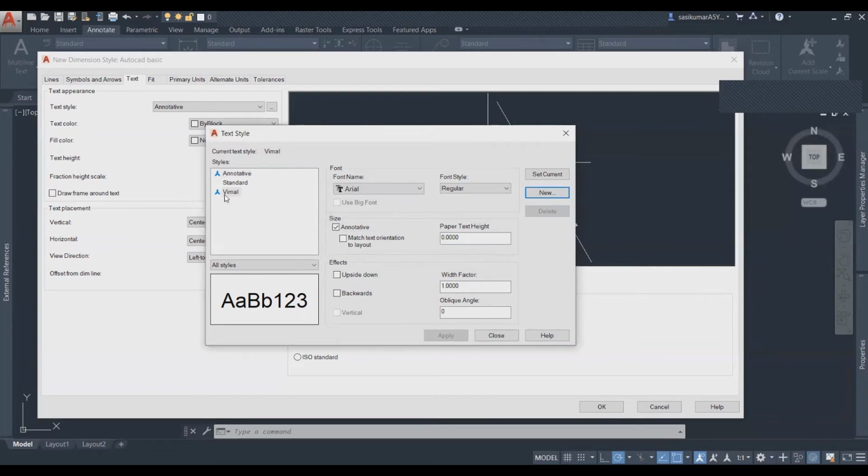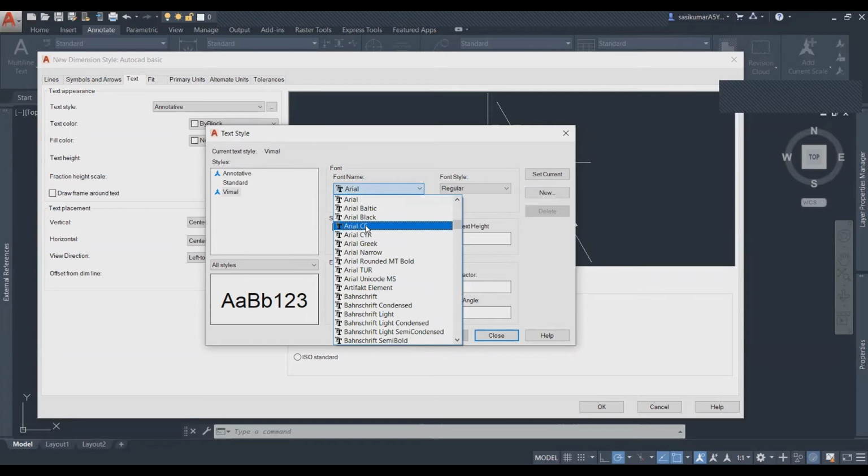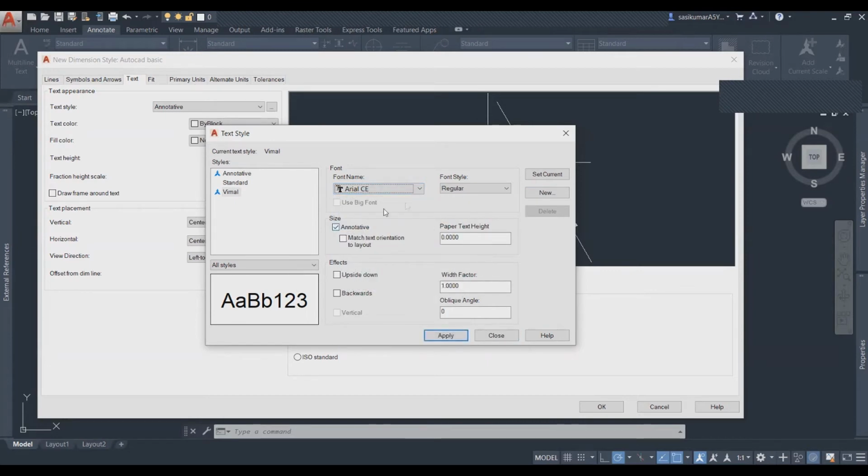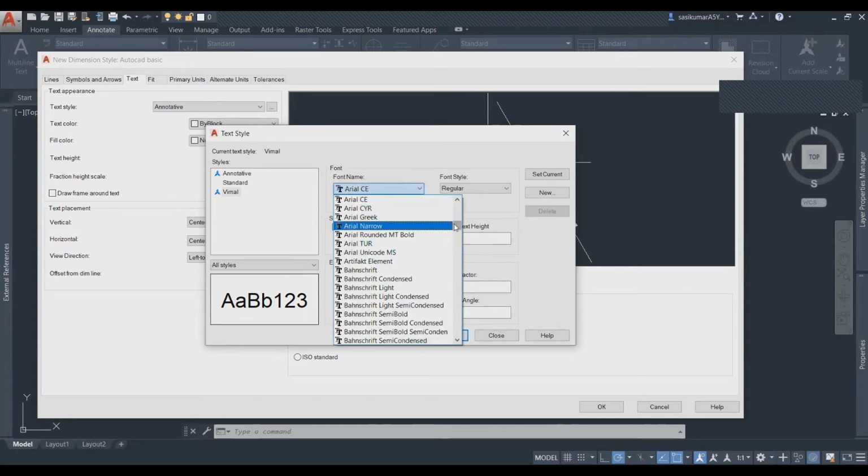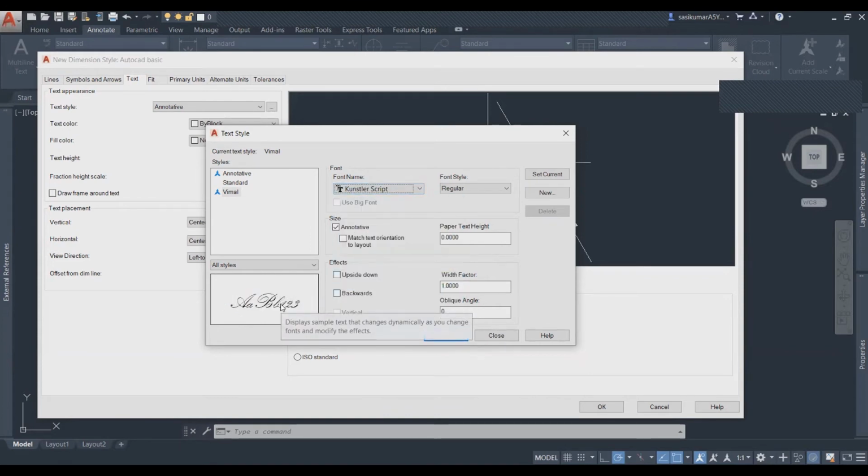Then automatically Vimal will be created. Then after, you can set what type of style you want. If you choose, then automatically it will reflect here. See, Vimal, I chose the Vimal name. I mean, I created a new text style. Its name is called Vimal.